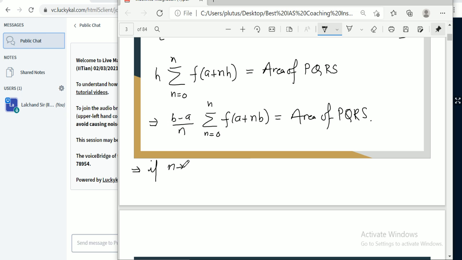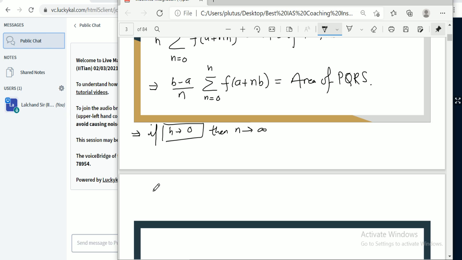if we assume n tends to infinity, that means the number of steps is infinite. Or we can say first, if h tends to 0, that means the width of the strip tends to 0, that means the strip is quite narrow, then n tends to infinity. The number of strips will be infinite. If we apply that condition on this given equation, then we can say